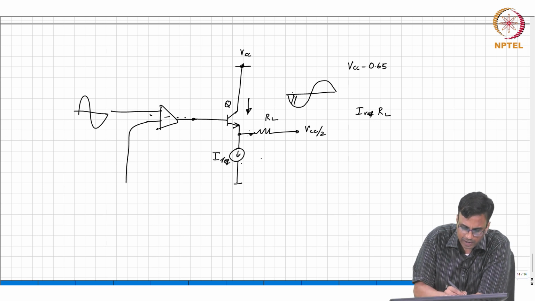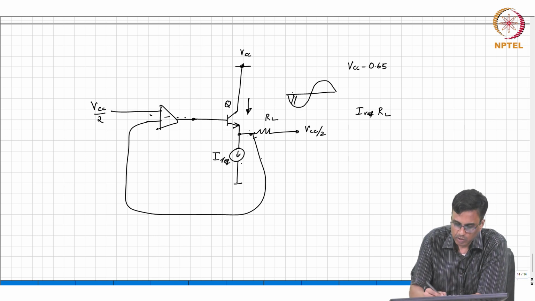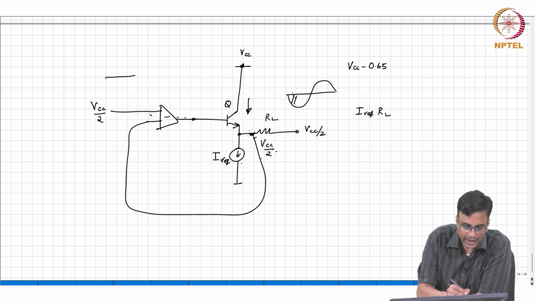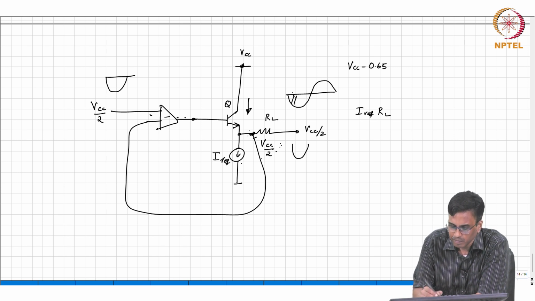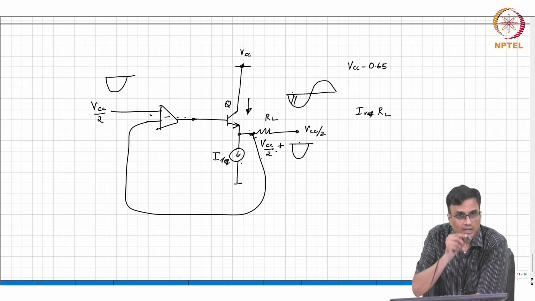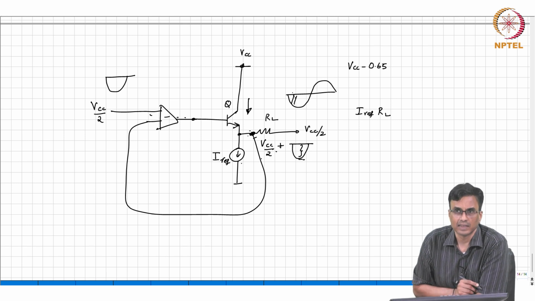So this op amp is part of a negative feedback loop, correct? Under quiescent circumstances, this is VCC by 2, which is analog ground. So this voltage is going to be VCC by 2, correct? Now when the input is in the negative half of the input cycle, what is happening? This is going to be also VCC by 2 plus some negative thing there. We are trying to figure out what the maximum amplitude is before the transistor goes into the